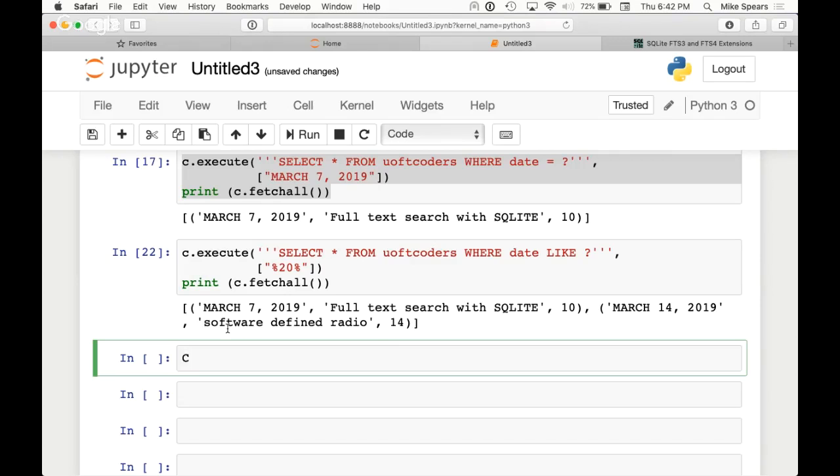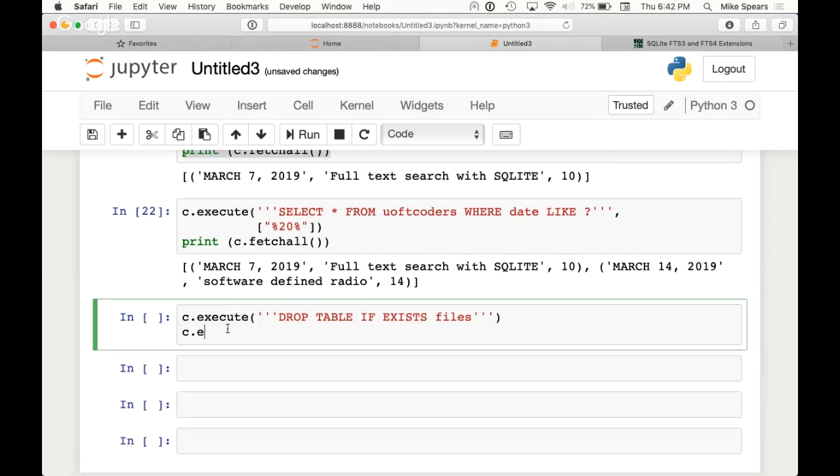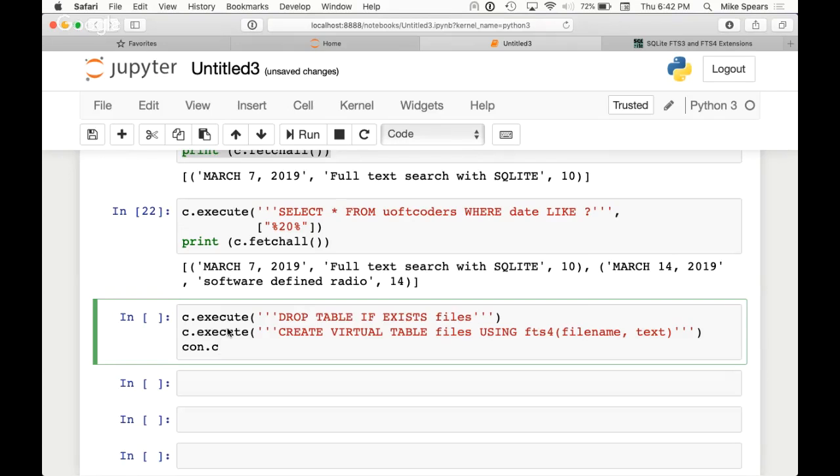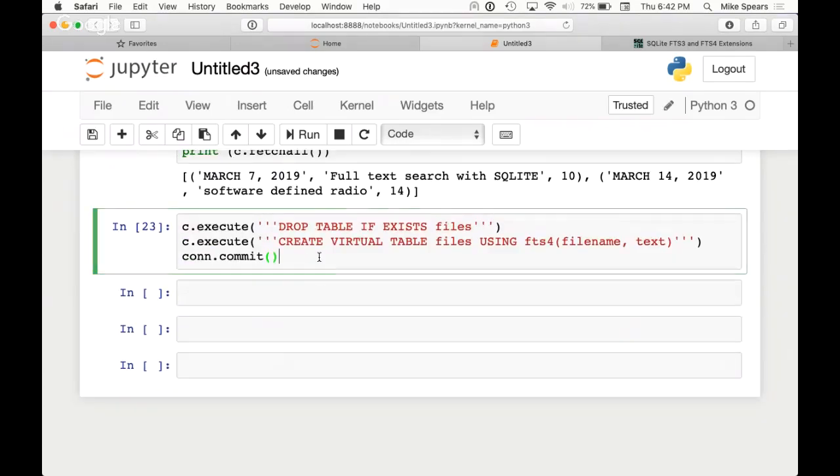I'm going to create a new table here that we're going to use. So I'm going to do the drop table thing just to make sure we're not overwriting ourselves if we want to try stuff again. Okay, so this is how you create your table where you're going to store all your text